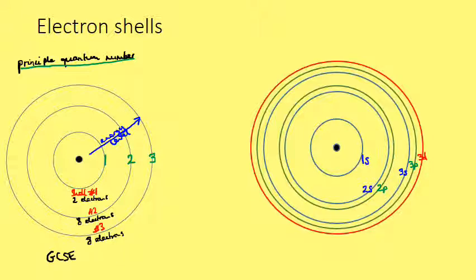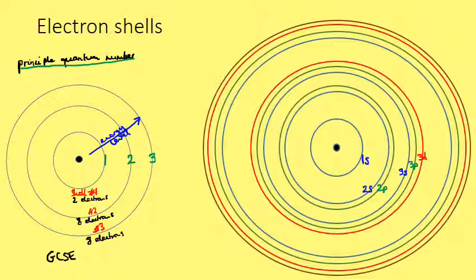Okay, so we've got another energy level now at A level to consider, the fourth energy level. And we don't need to know the fourth energy level in much detail, but at least to this much detail that we're going to do now. So in the same way, you'll be able to guess by now that the fourth shell is split into 1, 2, 3, 4 sublevels, and the blue one you will be able to work out is going to be the 4s, and then the green one is going to be the 4p, and the red one is going to be the 4d,